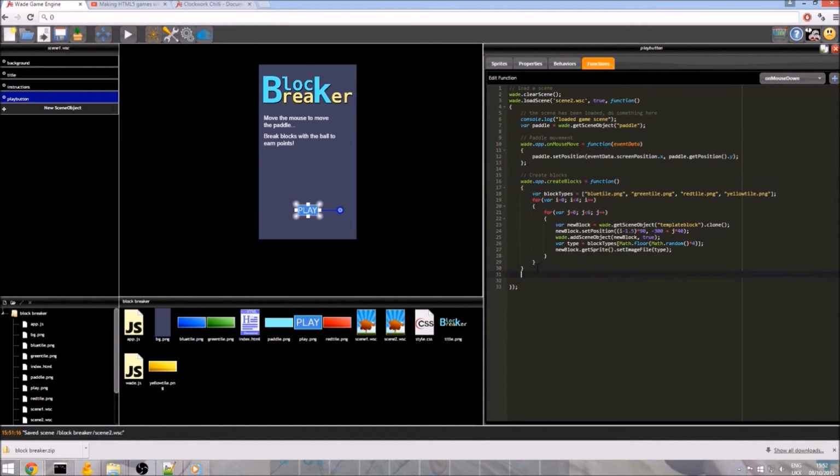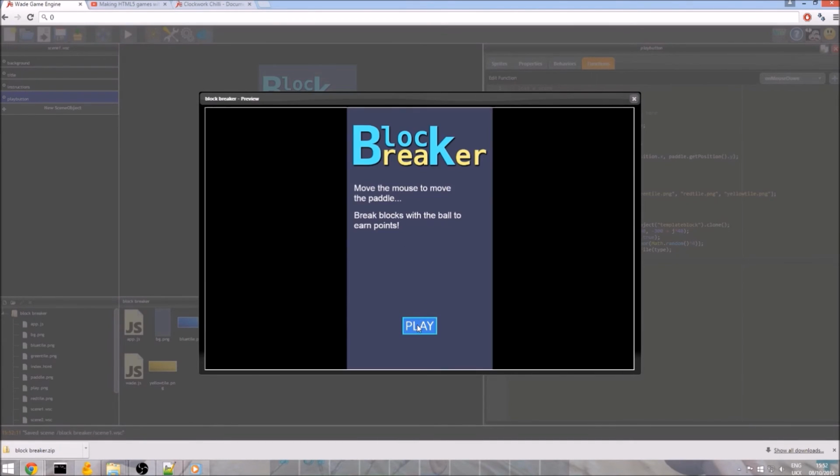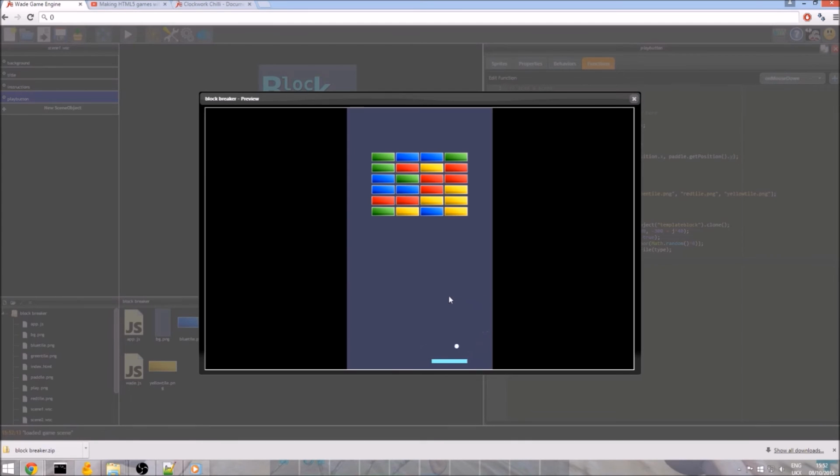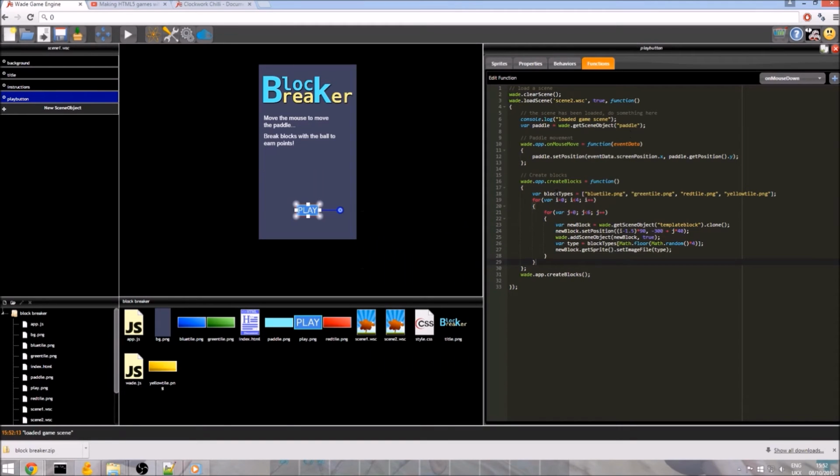And of course this is a good test to make sure it still works and we haven't broken anything. If you ever make a change like this, you should always make sure that your code still runs fine after. So I'm going to click play, and the blocks still appear, so the function works. Now, of course, because we've separated it into a function, we can call it anywhere we want within reason.